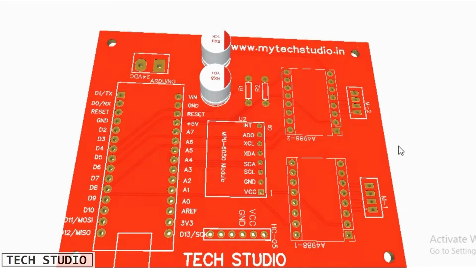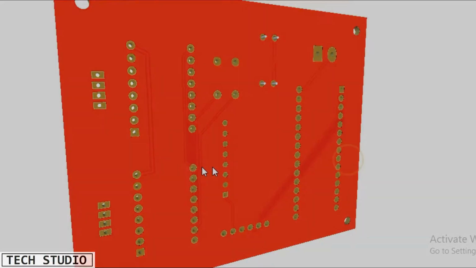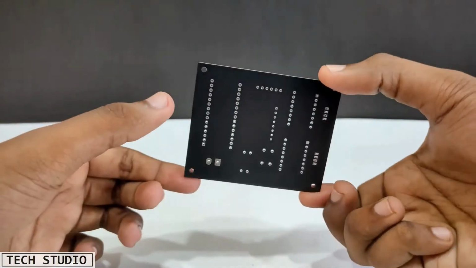PCBs are very important for any electronics project. You can see a printed PCB on the screen, and today I will discuss how to design this PCB using